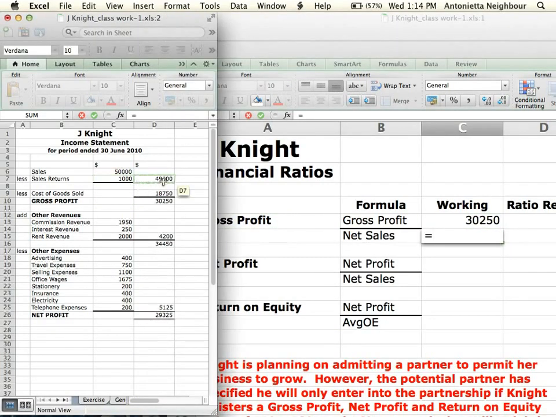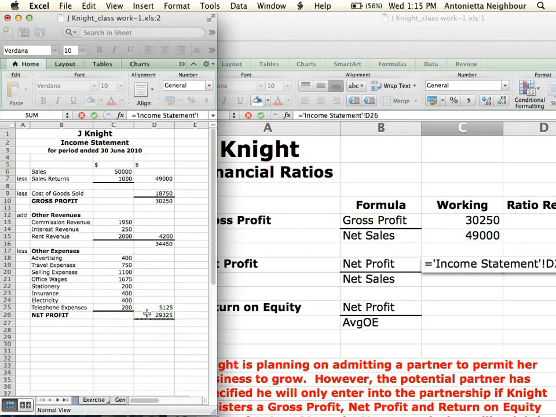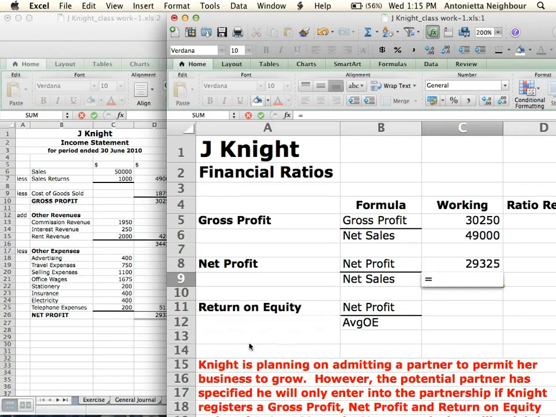Net sales equals $49,000. Net profit equals $29,325. Net sales I can just get from above, but just make sure if you do that, that you've got the right figure to start with, otherwise you've made two mistakes there. Net profit equals